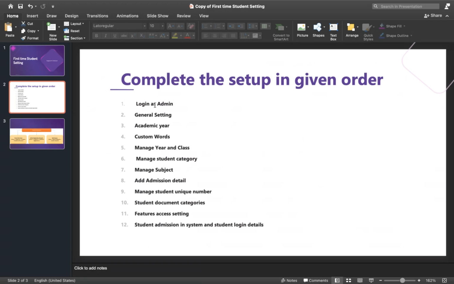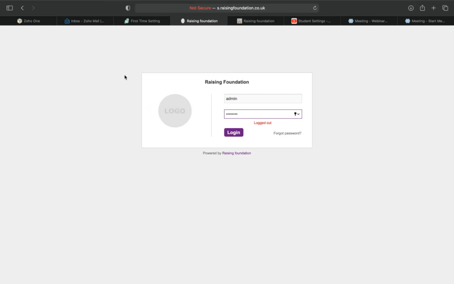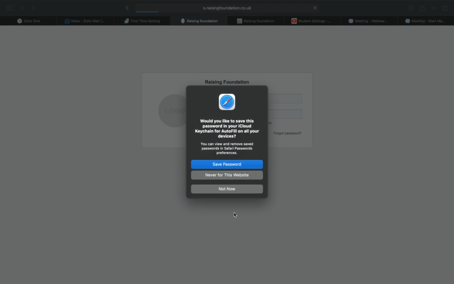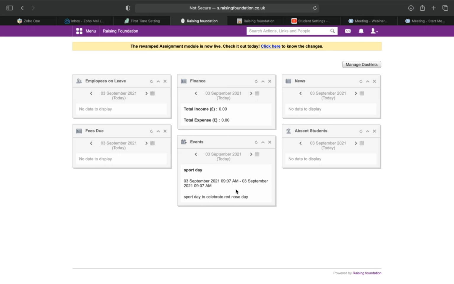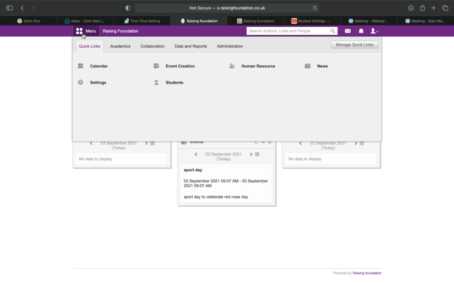So to jump right into it, as an administrator, we have to log in to the home portal using our username and password. Once we enter the username and password, it will automatically take us to the home page. The home page consists of different icons. As you can see, the one which we initially use is to set up an institution name or the institutional